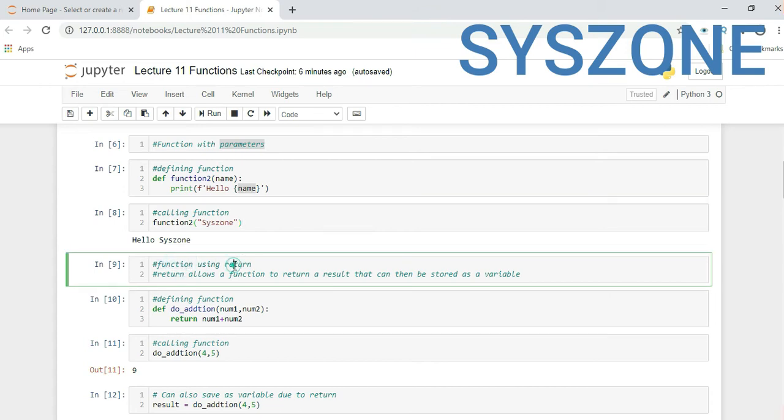Function using return. In this example, we are creating a function, but instead of print, we are using the return keyword. So what does return allow? Return allows a function to return a result that can be stored as a variable.